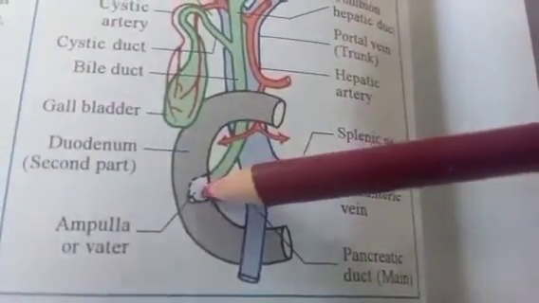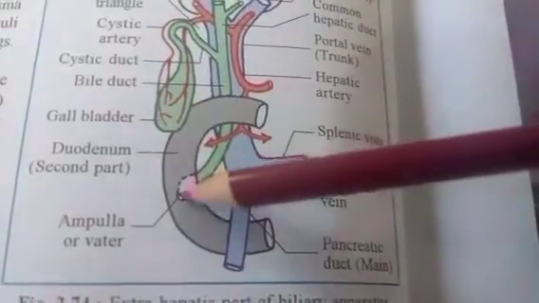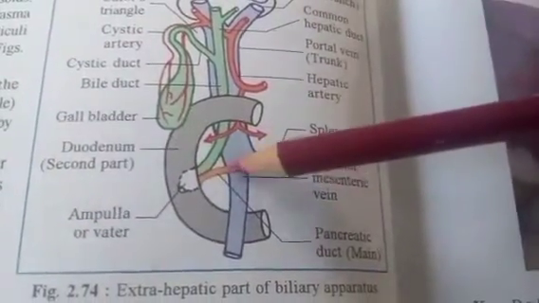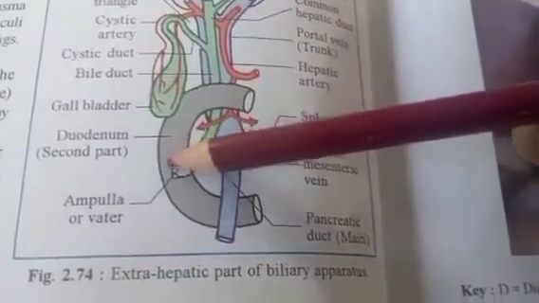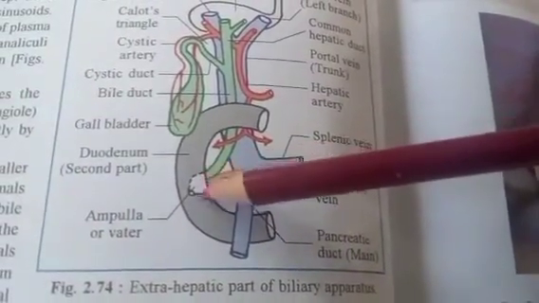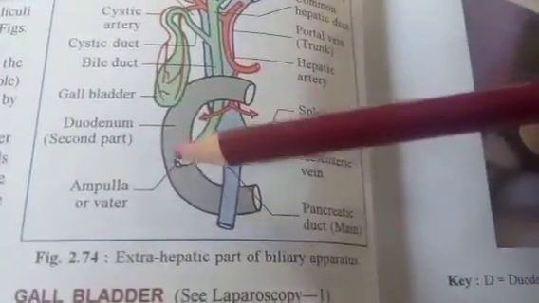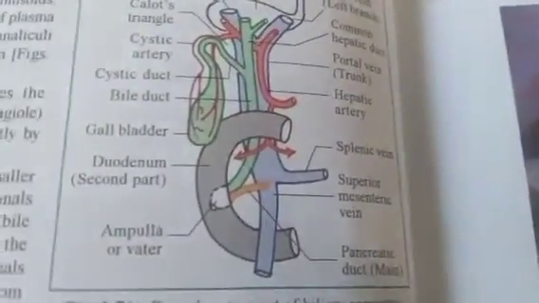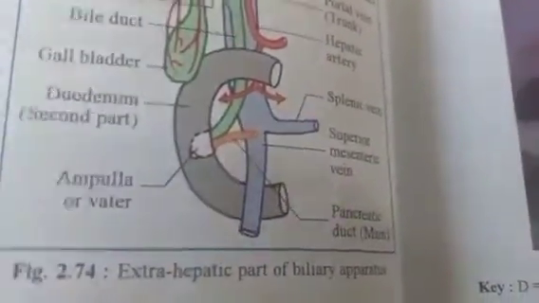The course of the bile duct is oblique through the wall of duodenum. In the wall of duodenum, the bile duct and pancreatic duct unite and form a hepatopancreatic ampulla or ampulla of Vater. The distal constricted end of the ampulla opens at the summit of major duodenal papilla, which lies about 8 to 10 cm distal to the pylorus.